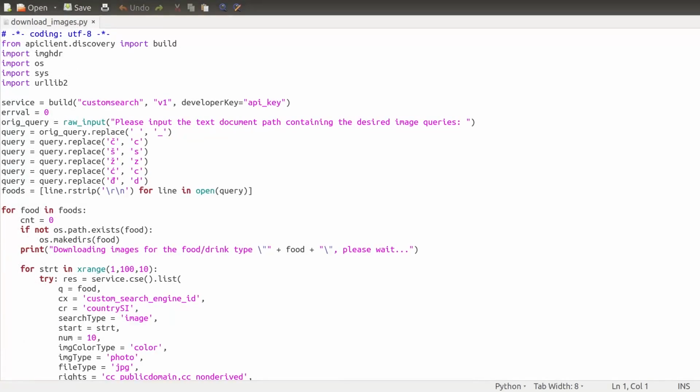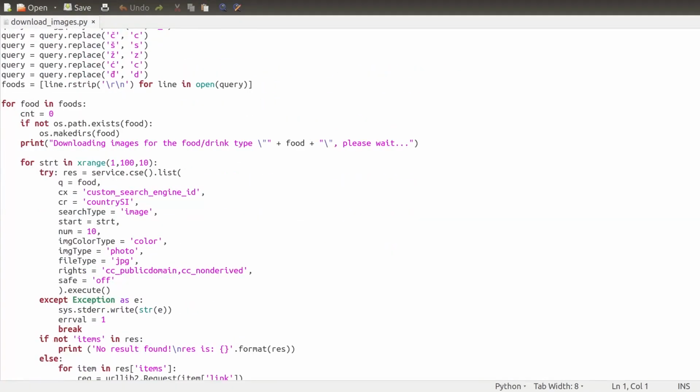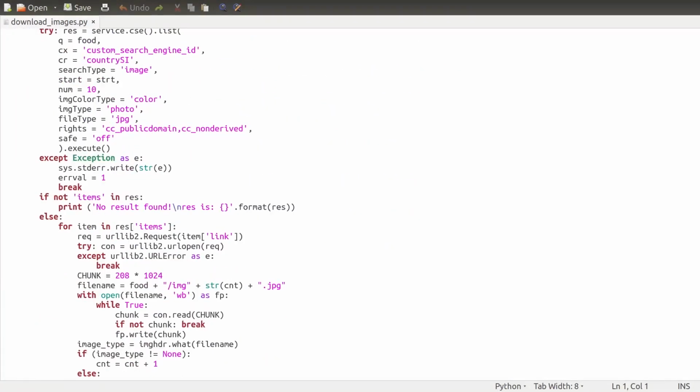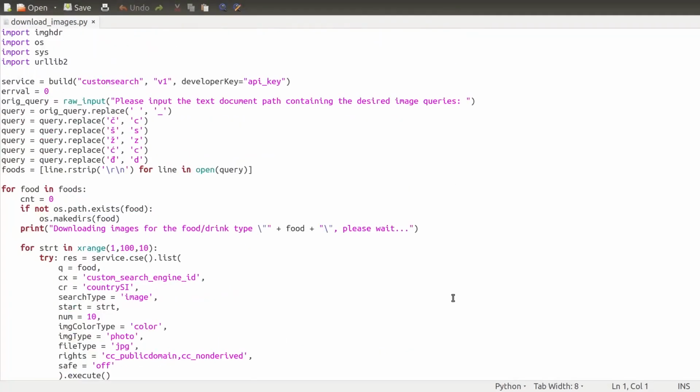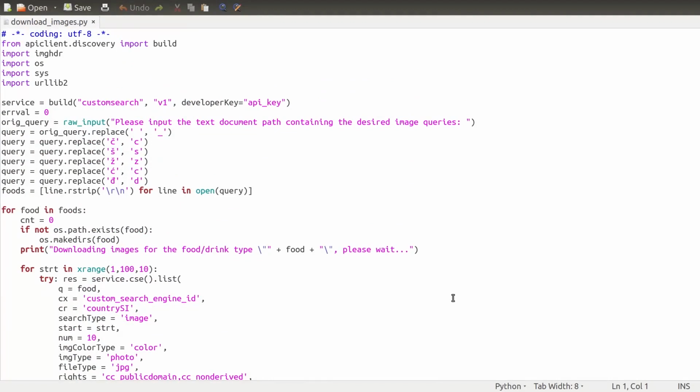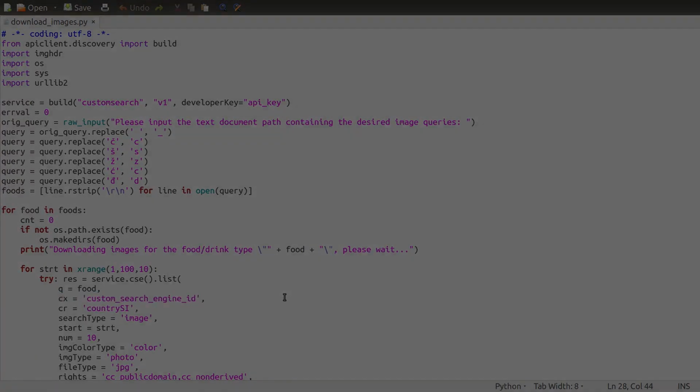Write or download a Python script that uses the Google Custom Search API to download images of each food item from the list and saves them into a separate folder for each food item. Note that the Python script used by the authors of this article can be found in the supplemental files under downloadimages.py. If this script is used, the developer key, variable developer_key, line 8 in the Python script code, and custom search engine ID, variable cx, line 28 in the Python script code, need to be replaced with values